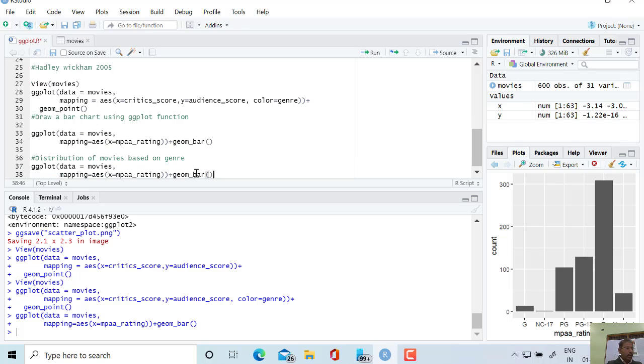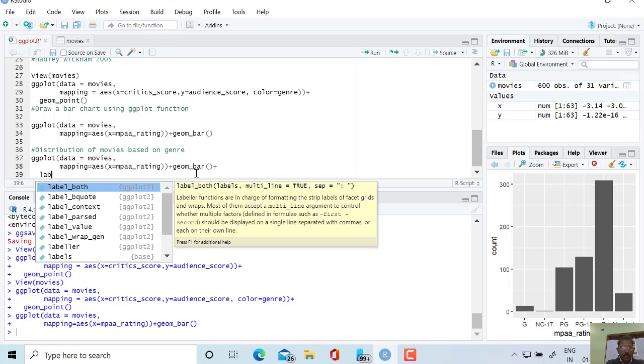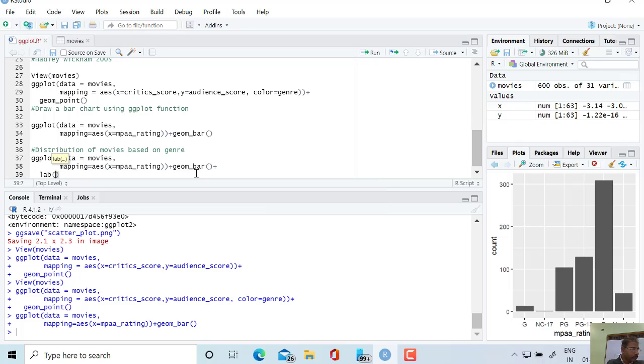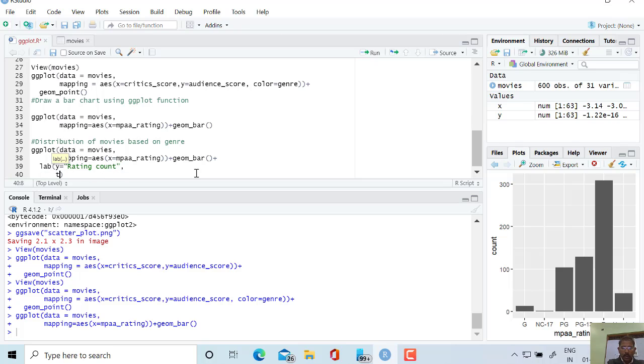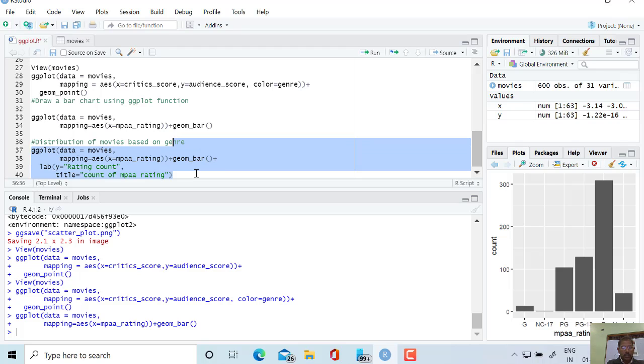Okay, and now I will add labels in the y direction, rating count, and title equal to count of MPAA rating. So let me execute this command once again.